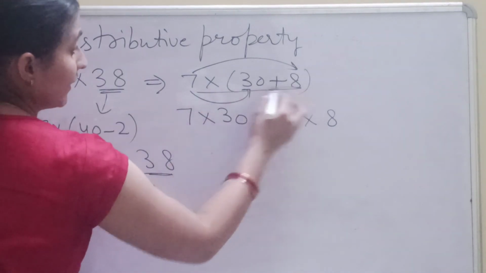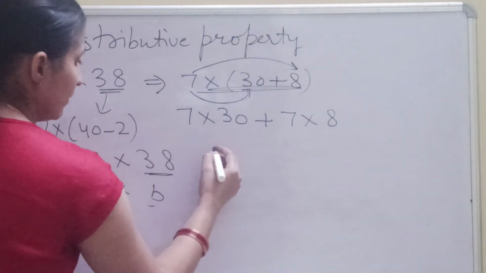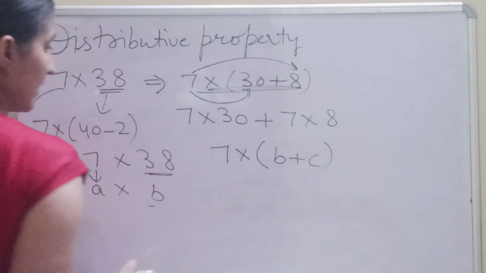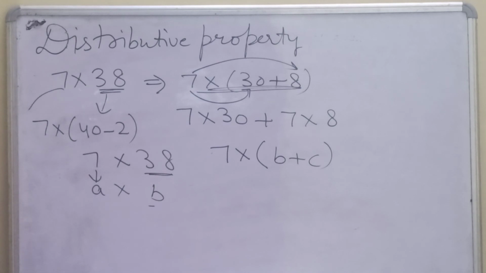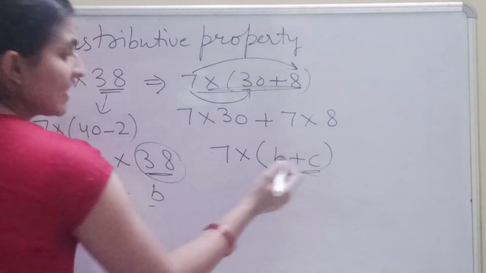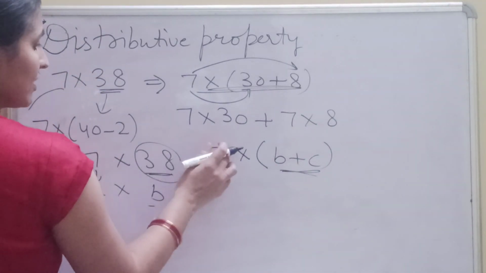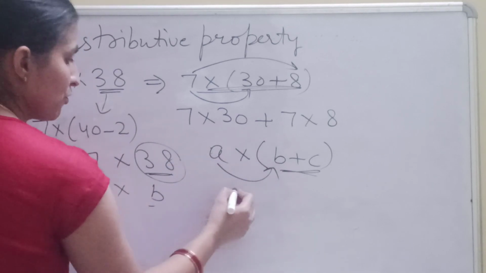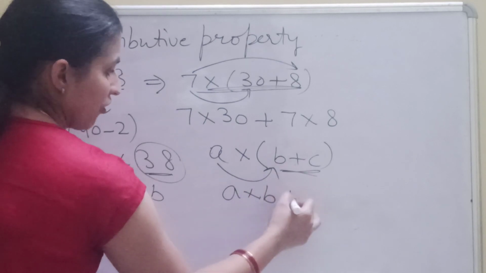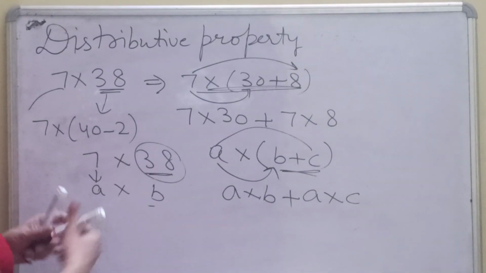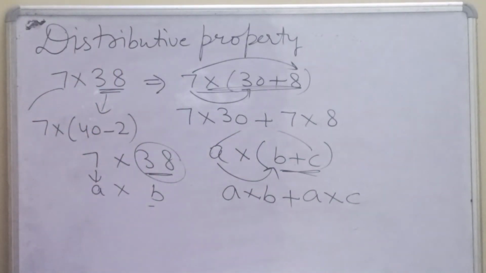Now this we have split, so here we need 3 variables. So it will become 7 into, let's say, B plus C. We have divided this into 2 parts, so now this we will split into B plus C, and 7 is equal to A. So now we will multiply these two, A into B, the symbol is plus, then A into C. Now you will write this in the form of variables. This way you can do it easily.